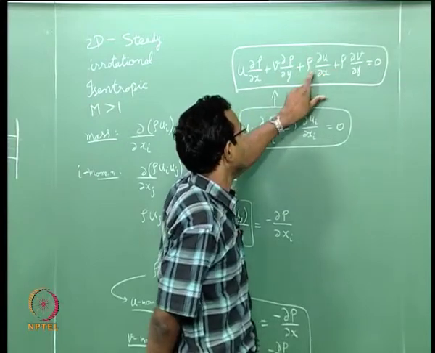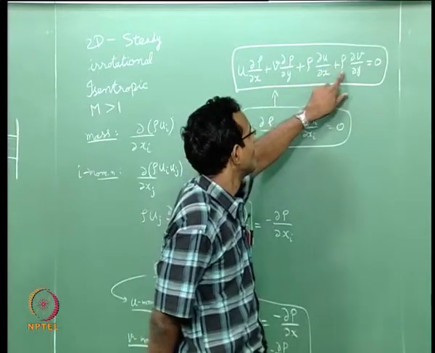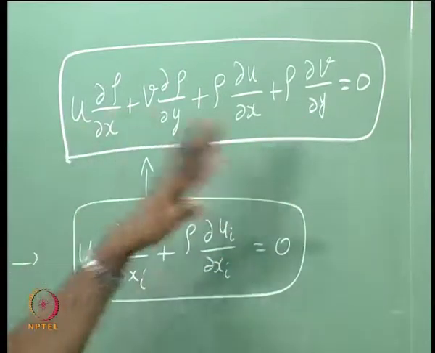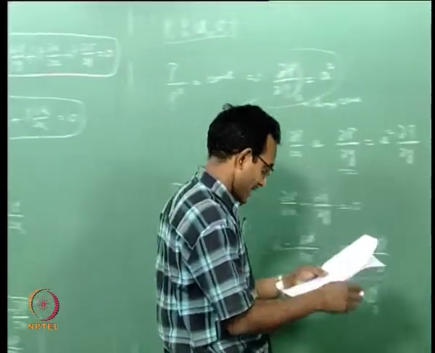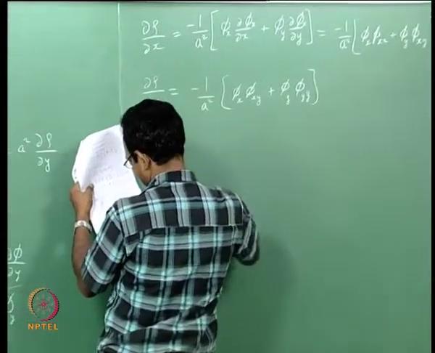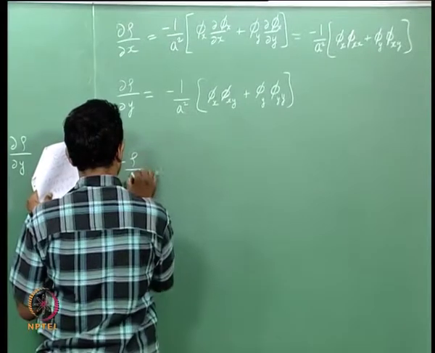Dou u by dou x we know as phi xx, rho dou v by dou y is phi yy. Okay, we can write these things like that. So now we will go and write that kind of a formulation, so that I will skip one step in here again, minus rho by a square